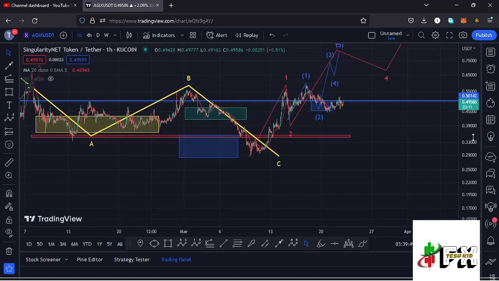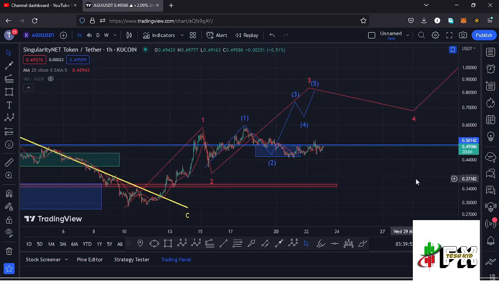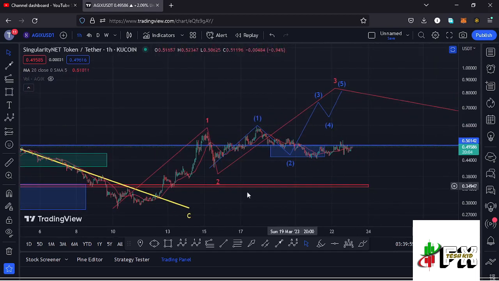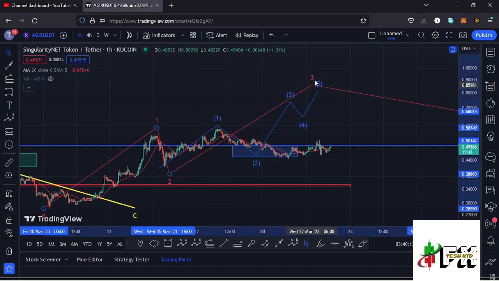So jumping to the 1-hour chart for further analysis, here on the 1-hour chart you can see that I have this Elliot wave structure in red, having that as the first wave, giving us a peak at around the $0.56819 mark, and after seeing the high for that wave 1, we started a corrective structure in the formation of this wave 2, and after seeing the low for this second wave, we started another impulsive wave to the upside in the formation of this wave 3, and I believe this is what is playing out here on the Agix chart, where in the formation of that wave 3, because of its impulsive nature, we also expected to